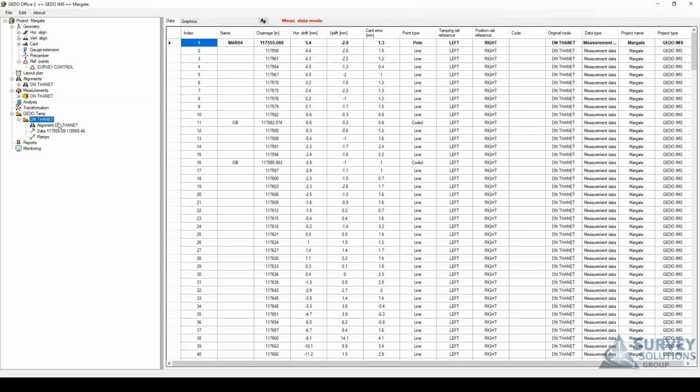If I just drag and drop that in there, it'll then run through the process of processing all my measurement runs and adding that into the Tamp module. So now you can see we now have an alignment and we have our data set